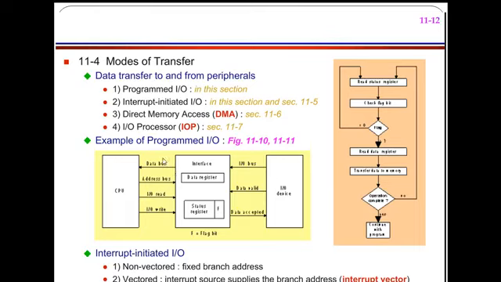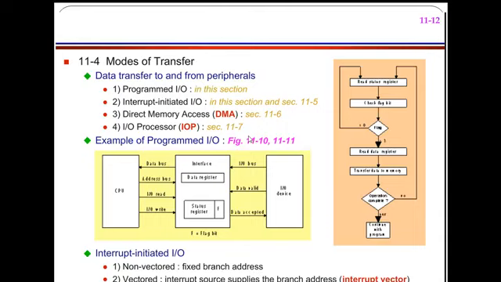The disadvantage of this is that each time your module needs to check the flag bit. It needs to read the status register, then go to the flag bit checking to see if it is 0 or 1. It always does this continuous operation. This is the disadvantage of the programmed IO mode of operation. So that is why we will go with interrupt initiated IOs.